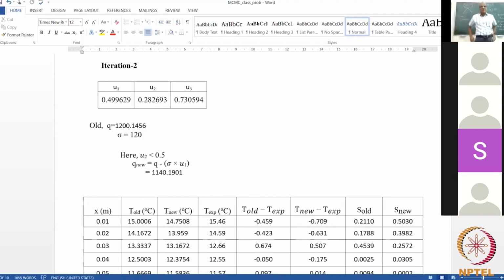Now let's go to the second one. Old is 1200.1456. Sigma is 120, why is he sticking to sigma 120? Sigma 120 is 10% of q. You should not cause wild changes in your new sample. That's why actually, Suraj, you should not do this. It should be 10% of the current sample, no? Yes, sir. 10% of current sample. But you are using 120 itself. Yes, sir. In this case, I